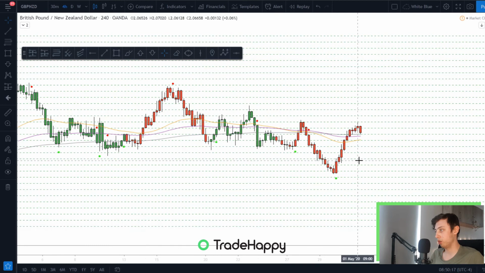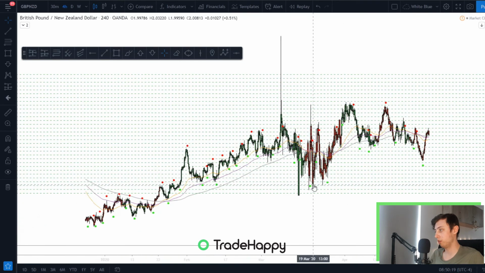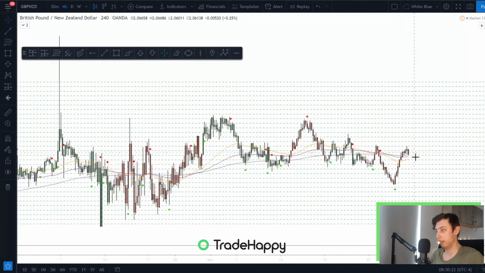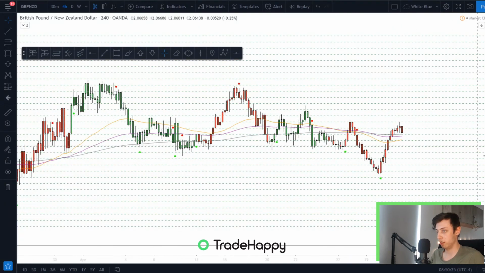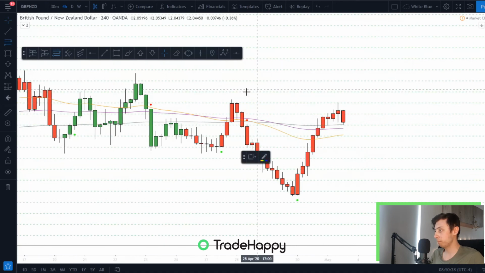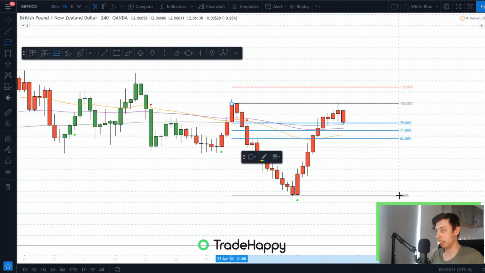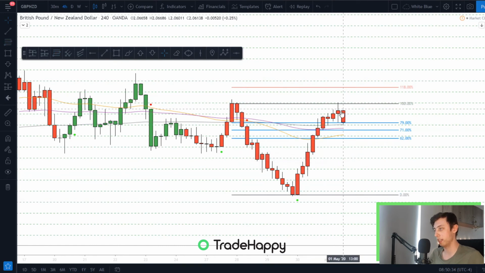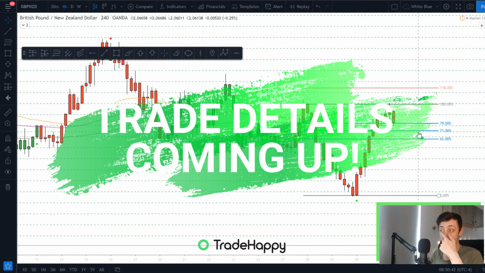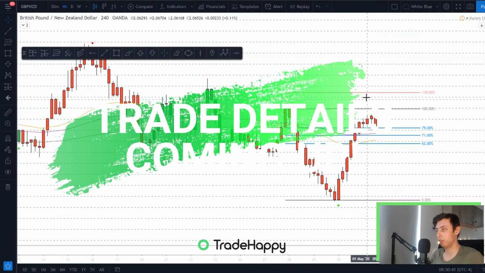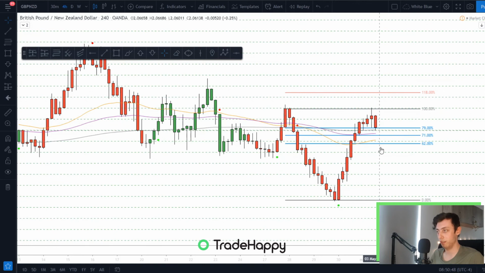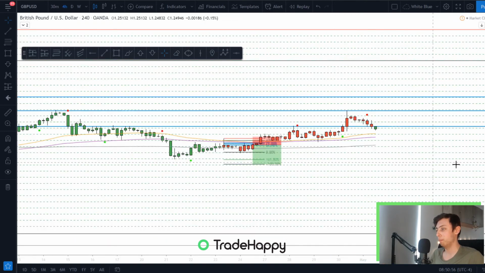GBPNZD is looking like a short, although we are in a long trend, but this has been super messy, and we've just started to roll over on this pair. And you might have been taken out on this trade. If you didn't, yes, you probably would have been taken out. So enter or not enter, it's kind of your choice. I don't really enter trades if it's going to take out your stop loss and then you're entering. I prefer to enter the trade when you're actually on that 71 mark for the first time. So I'm just going to skip that one.